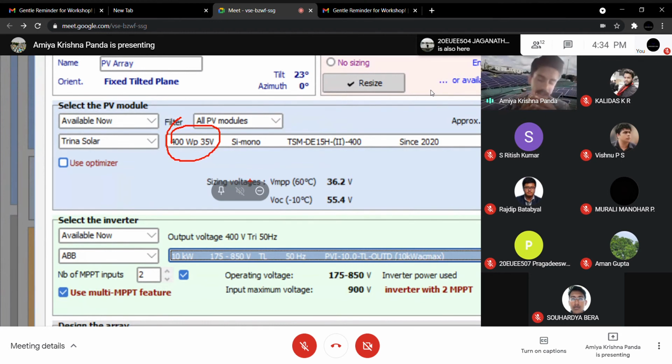So now the point is, what can we do to nullify this kind of problem? We can install a PV plant according to my inverter capacity. Let's say I had a 10 kilowatt inverter.